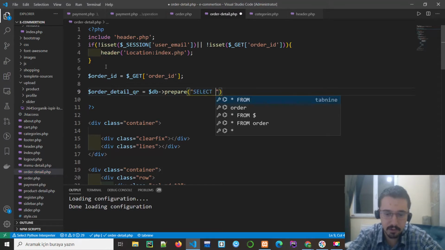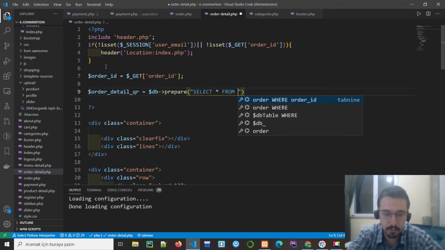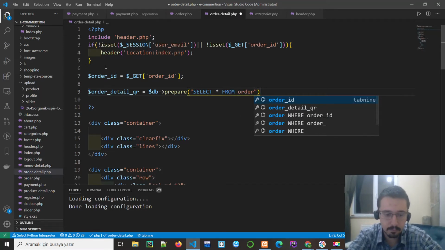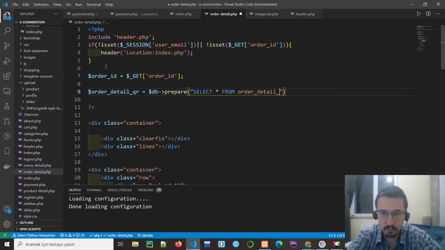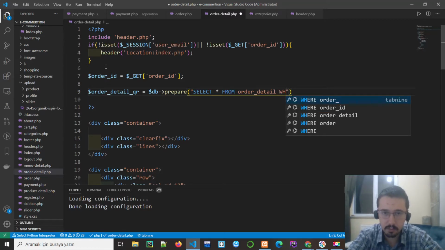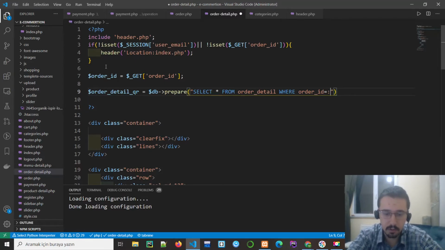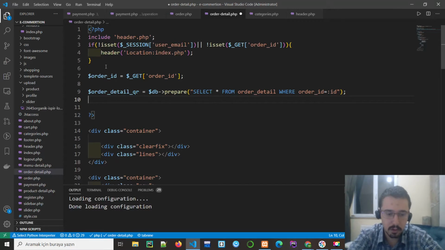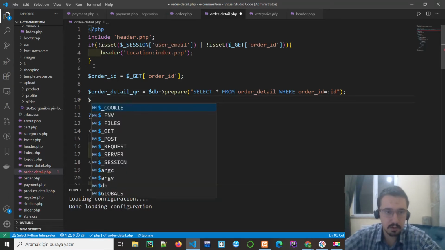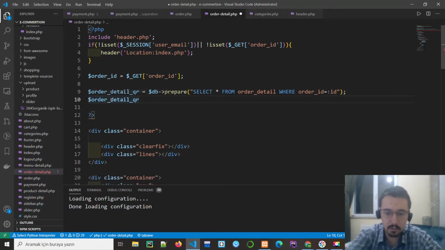We will make a select query from the order detail table where the order ID must be equal to the ID of the order. Let's go and execute it. Order detail is equal execute order detail query,